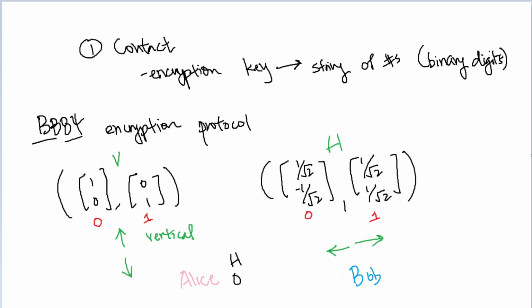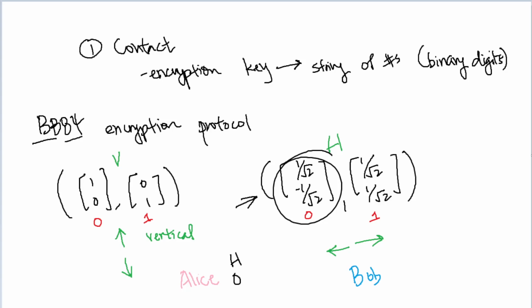Alice says, if I'm measuring in the horizontal direction, I'll be using our second orthonormal basis right here. What would a vector corresponding to value 0 be? In this case, it would be our first vector here, 1 over root 2 and negative 1 over root 2. She's going to send essentially a particle measured in this direction towards Bob, and Bob will measure, of course, and try to interpret it on his side.